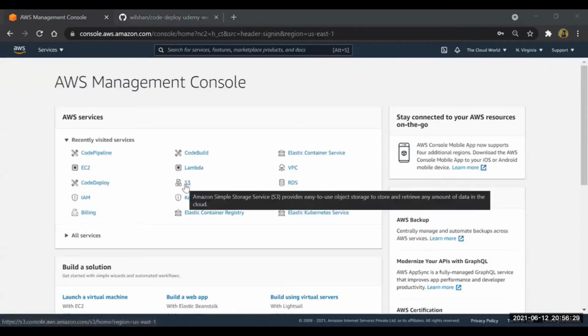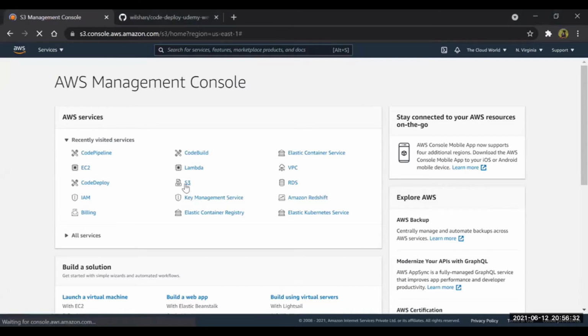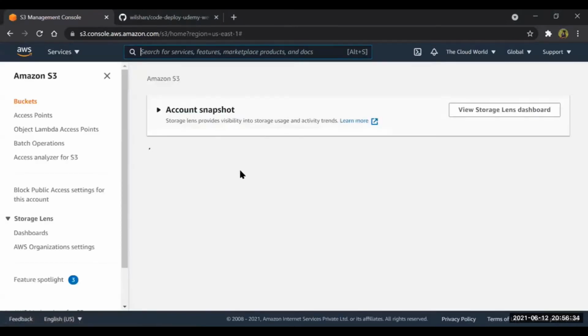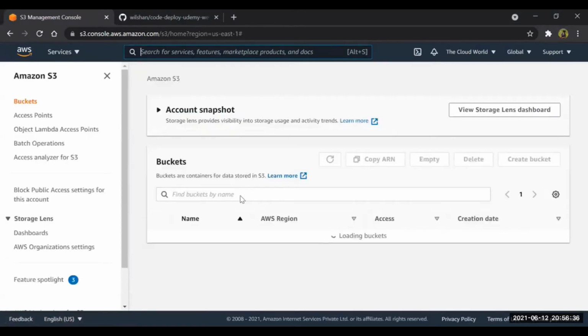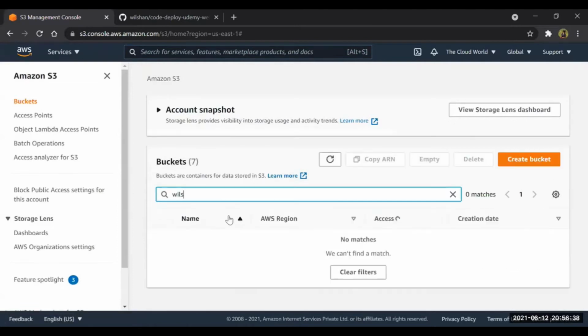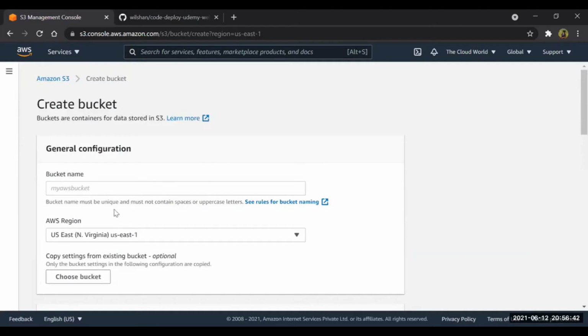So first of all, we'll have to go to the S3 bucket and we'll create the bucket. Okay, so we'll create a bucket here. Bucket name I'll give as Wilson TCW hyphen destination. This is my target bucket.